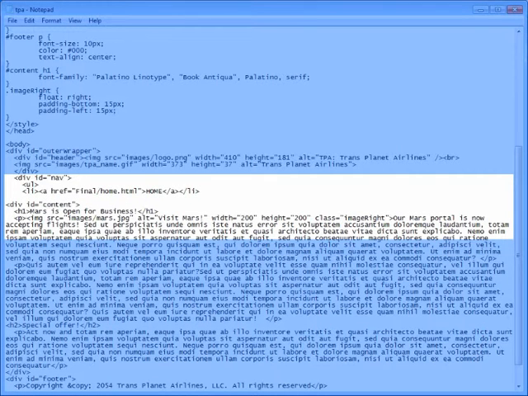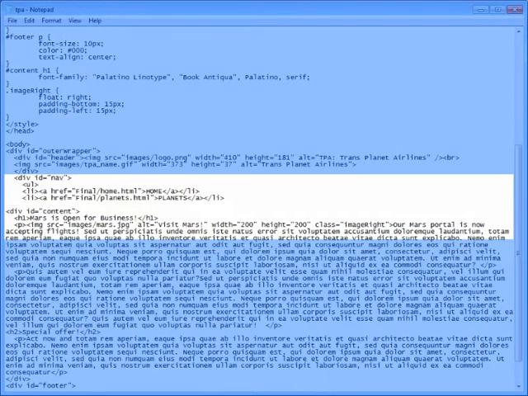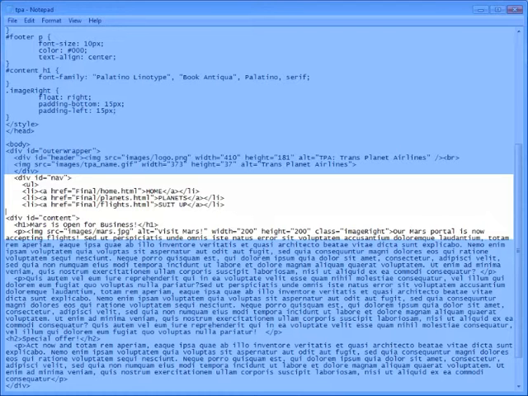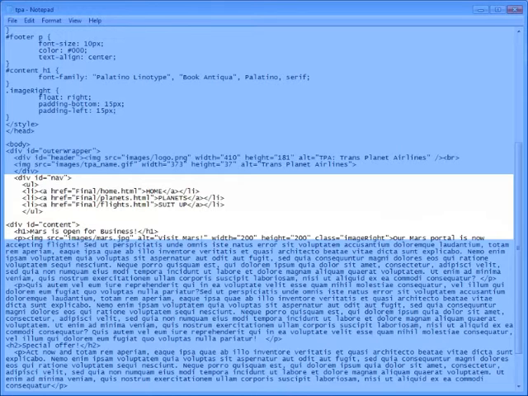Now we'll add the second list item, which points to the planets page. Next, we'll add one more, which will take the site visitors to the flight bookings page. With all the list items and links in place, we can now close the unordered list, followed by the div